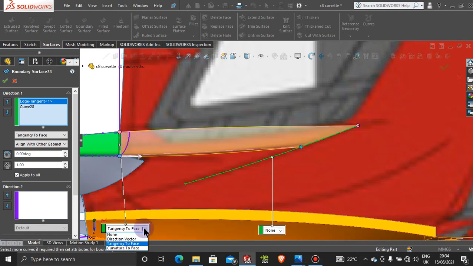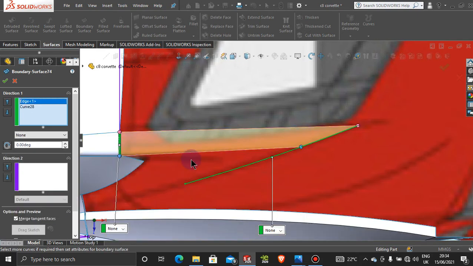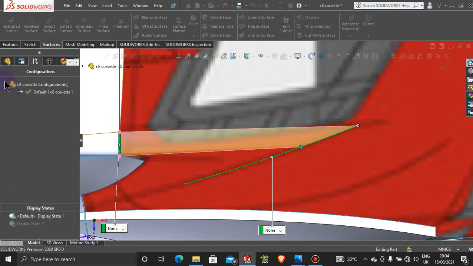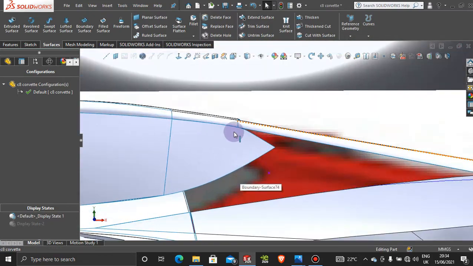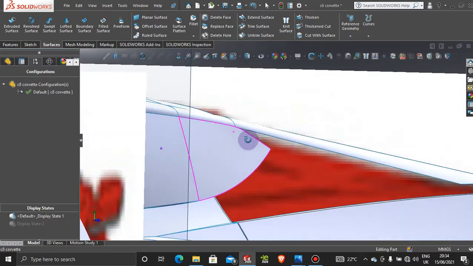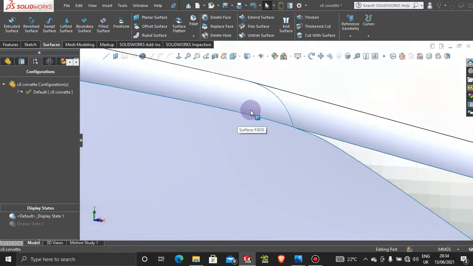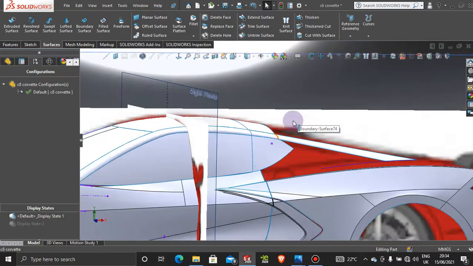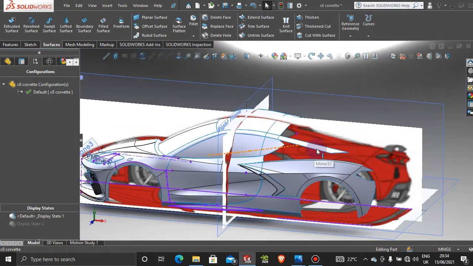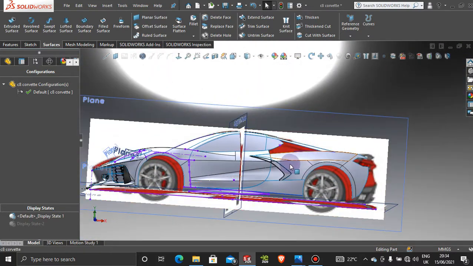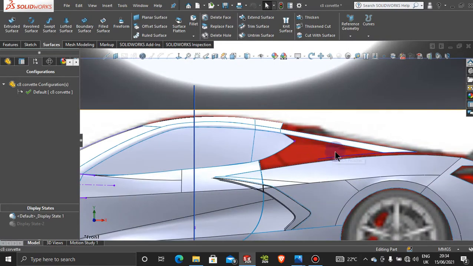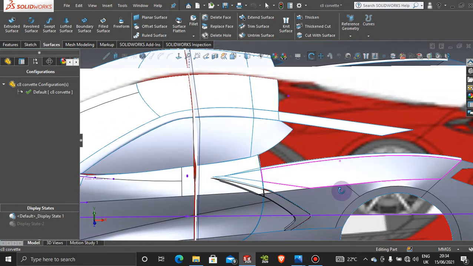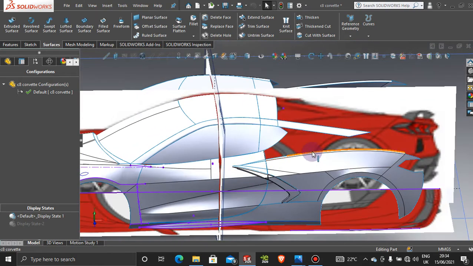So none. Maybe if you don't put any tangency on that area, that will be better. So let's have a look. All right, and we still have a nice fluid surface generation right there. Okay, so that looks good. Let's have a look from the side here quickly. We are right on target in that one as well. Okay, so